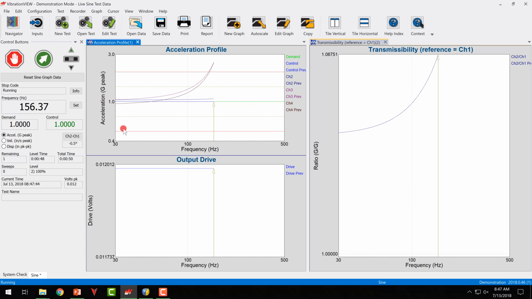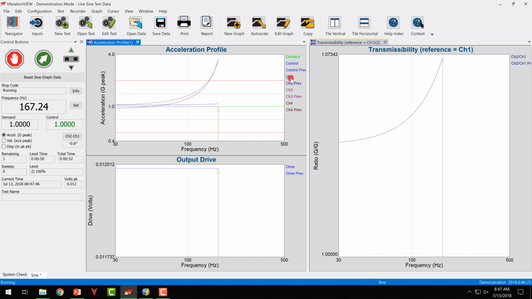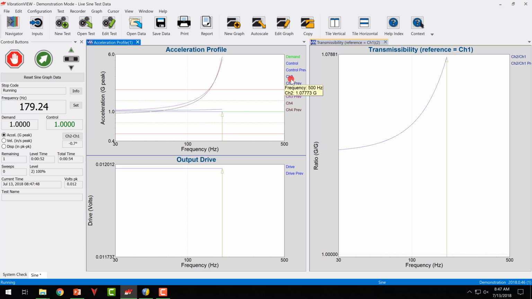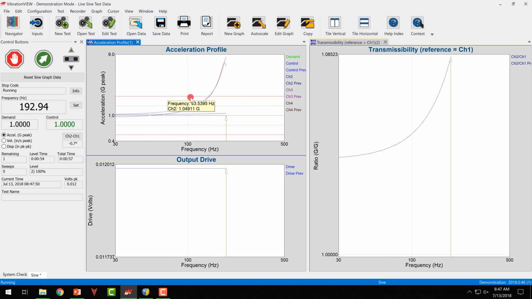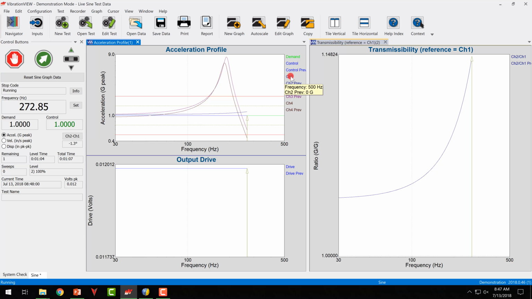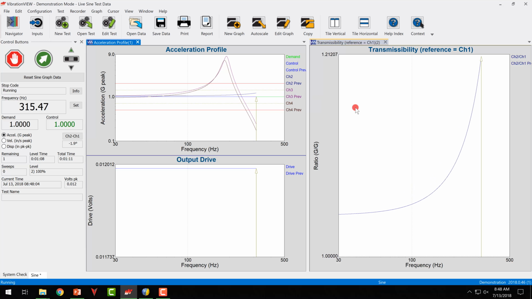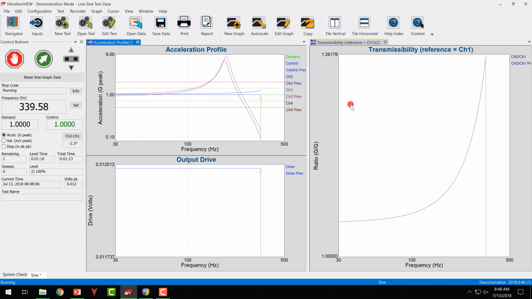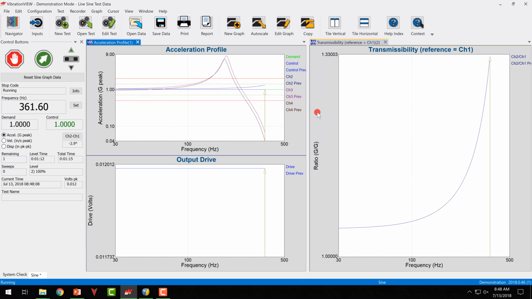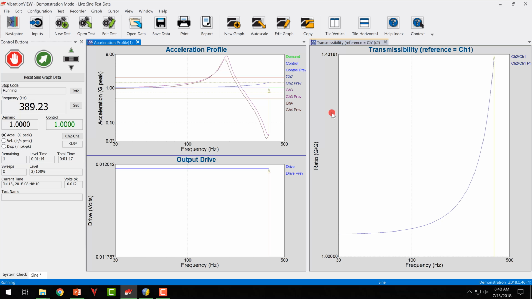So as this sweeps all the way across, I'm on my current sweep. And if I were doing 2 sweeps, once my output frequency starts coming back down, the sweep up data would be moved to previous, and then the current sweeping down data would be included in channel 2. So there, we're about done. Once our sweep finishes,